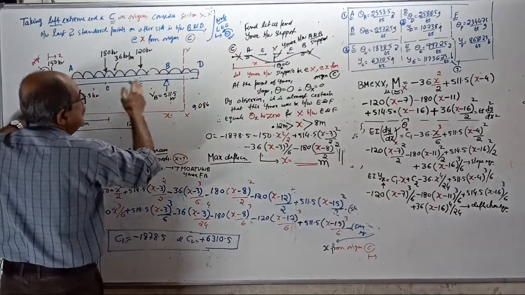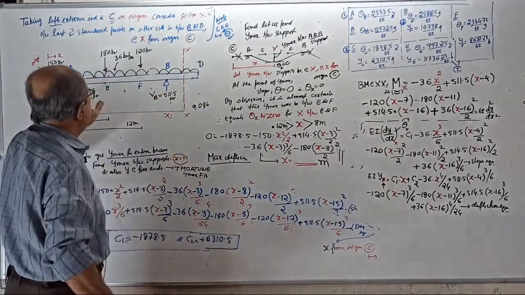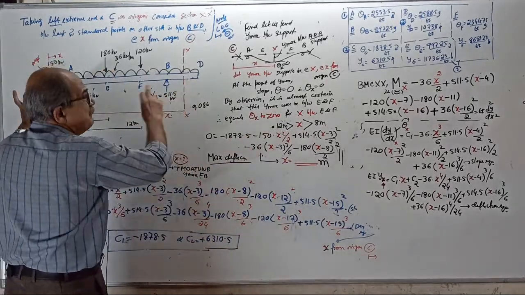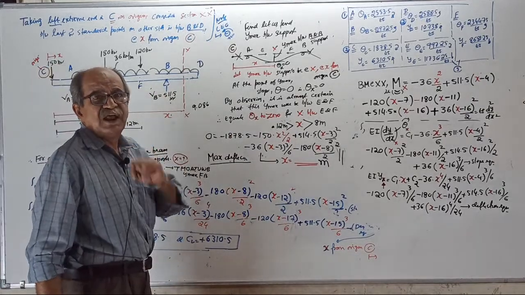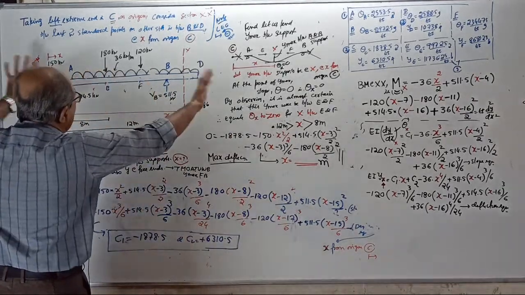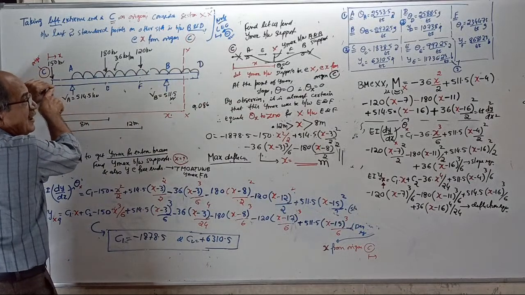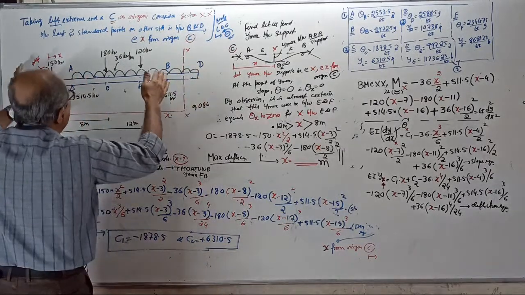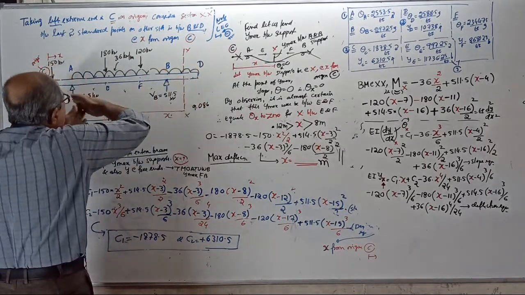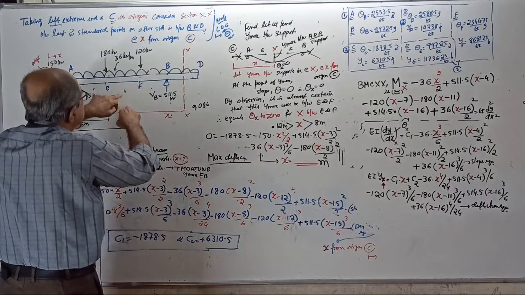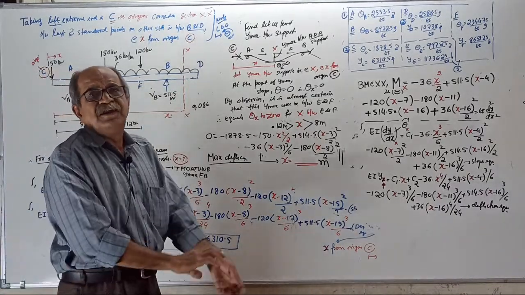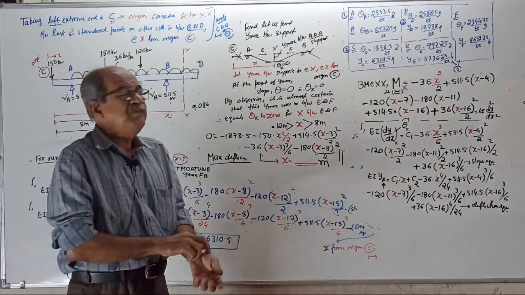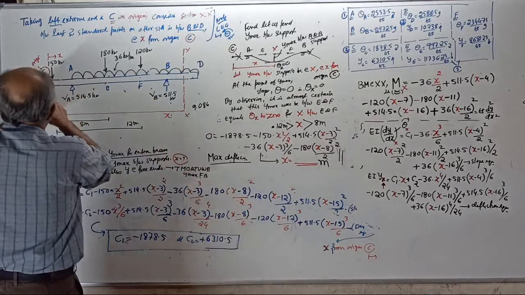And between the supports, somewhere there will be some maximum deflection. That is, there are 3 places where maximum deflection can come. One chance, it can come among all the values, maximum can come here, or again among all the values maximum can come here, or if this is light bending, heavy bending here, maximum can come somewhere in the span. These were all discussed then. So to get maximum deflection for the beam, you need deflection at left extreme and